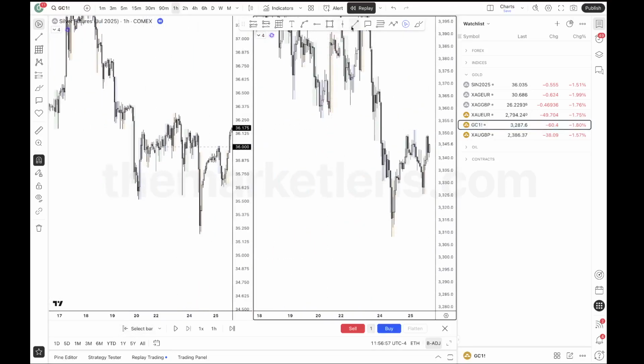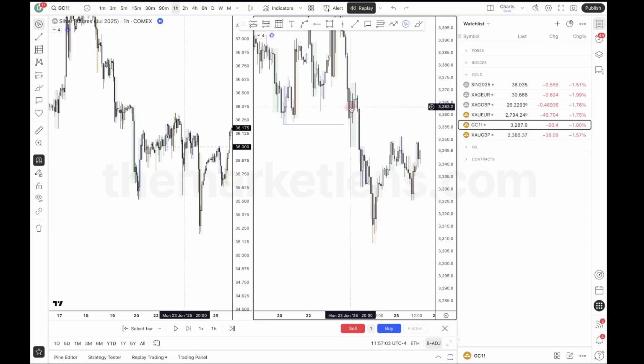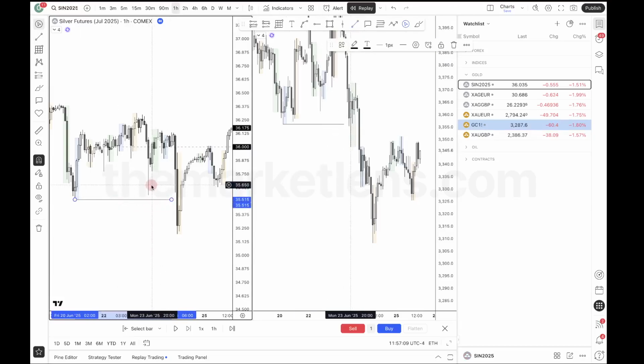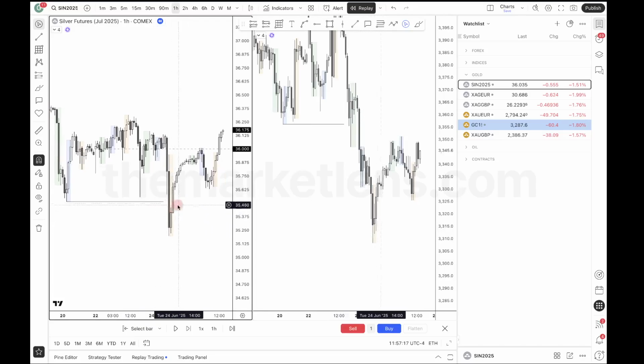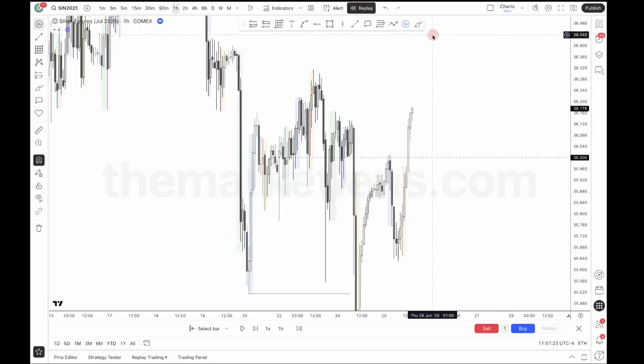So check this SMT, this low on gold got taken out on Monday, right? But on Monday, like Asia session. But this asset over here took this low out at 10 a.m., basically at 9 a.m. So you're seeing when the lagging asset trades into a low, again, this is where you can potentially reverse. So when you see a reversal signature, well, then that's how you know it's a reversal, right?